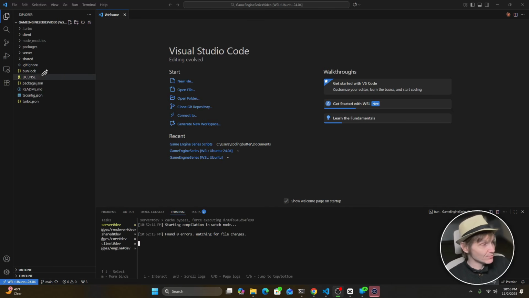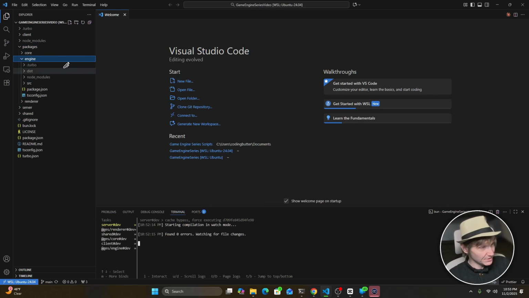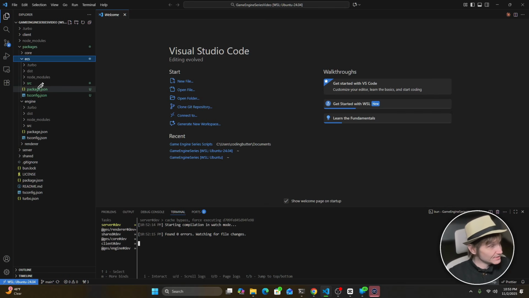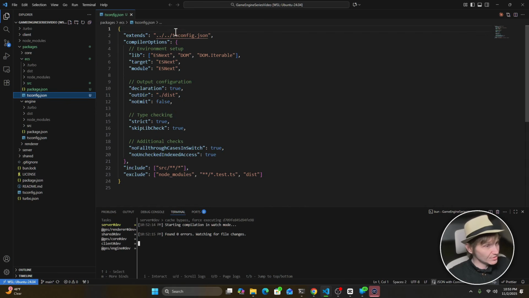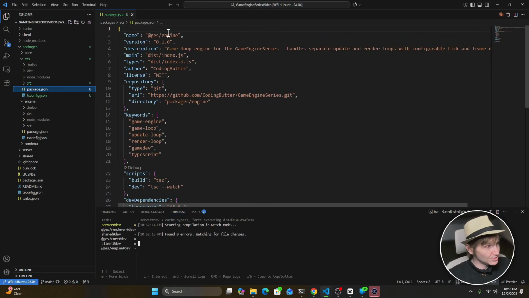Alright, so we're back in the project here. We're going to go into our packages, and we're going to do the same thing as we have been. We're going to go to, in this case, engine, and I'm just going to copy that. I'm going to rename it to ECS. We're going to go into ECS and change our name in the package to ECS here. Let's change this to ECS,